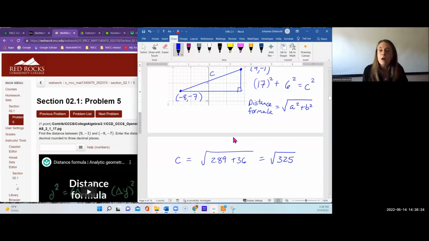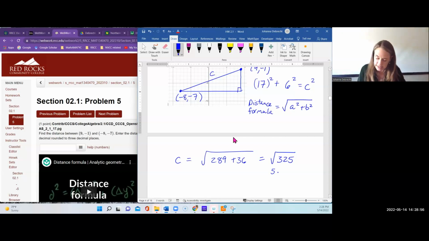Now, how can I break this down? Is it a perfect square? I'm not really sure. So what I'm going to do is break it down into prime factors and look for pairs of factors. For every pair of factors, I can take out one of them. Now it ends in a 5. In fact, it ends in 25. So I'm guessing it's divisible by 5. So let's factor out the 5. That gives me